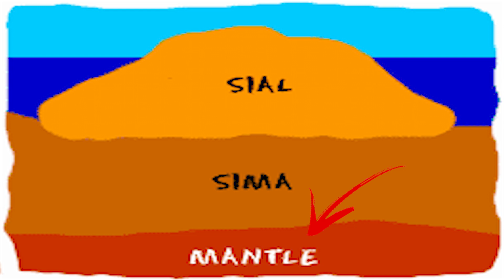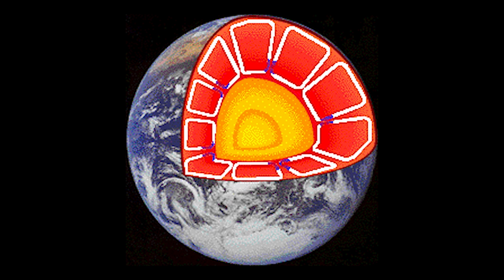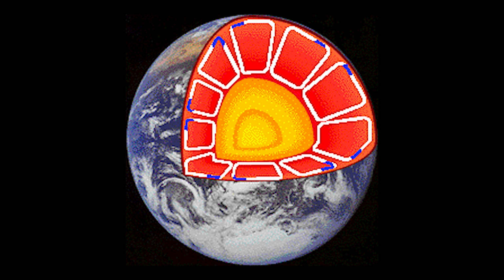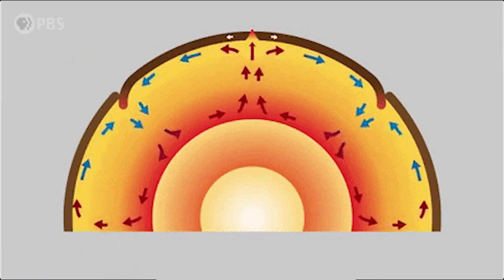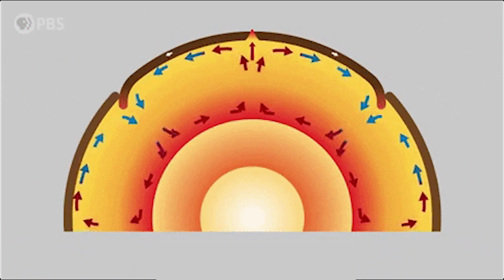We have now reached the layer beneath the crust called mantle. So let us see the next layer, that is mantle. It is thicker than crust, being almost 3000 km deep. It also consists of silicate rocks. The mantle is rich in magnesium and iron as well and makes up 80% of our Earth's mass.